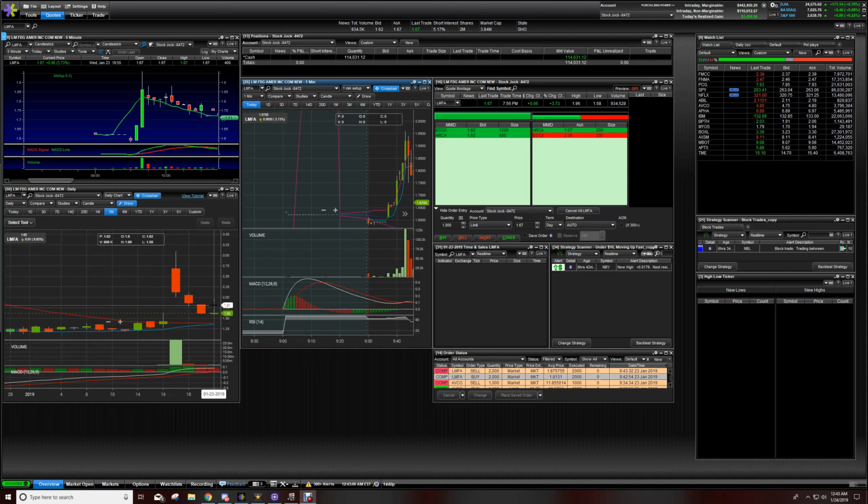We get the pullback here, and today was the first day we went candle over candle. This candle broke the high of this candle right here, which was yesterday. So it usually brings in volume. That's what I played. Actually, I would have never seen this play. I had completely forgot about it. I didn't even have it on my watch list for the daily candle over candle. It's a play I typically like to watch,